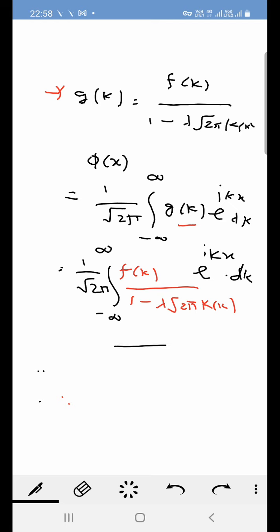So these are some of the applications of the Fourier transform. Now next we will take up the Laplace transform. We had initially discussed the Laplace transform in our previous lectures, so let's recall it. The Laplace transform is given as